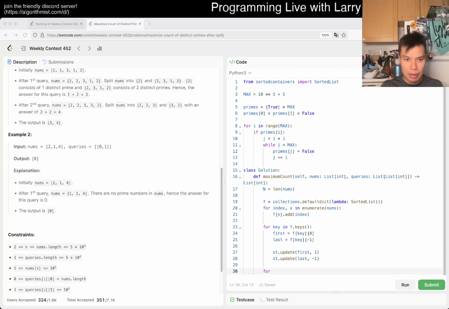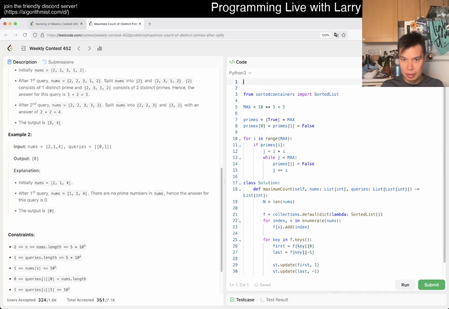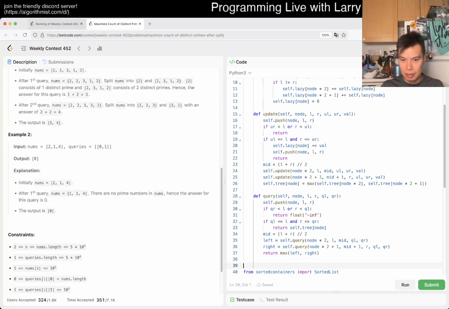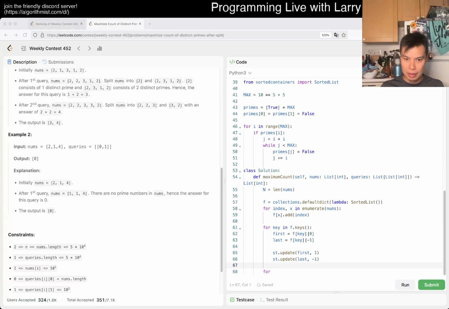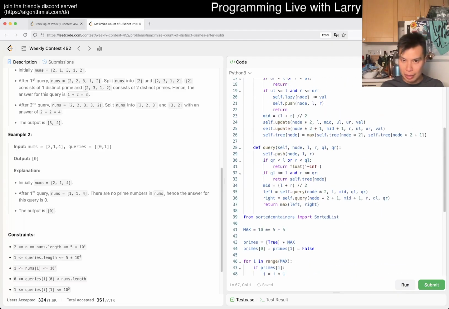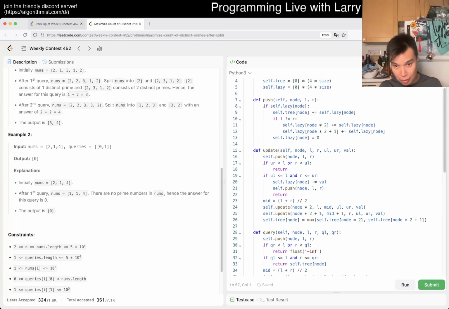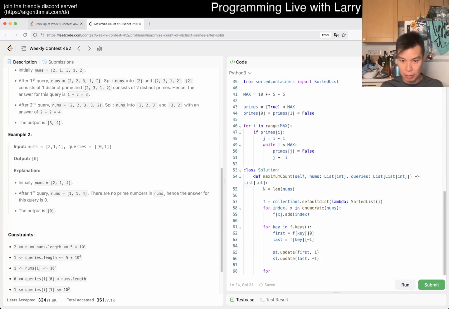I should be able to just find the actual one. Okay. Yeah, okay. I always forget what this is. This is one indexed. Yep, okay. So then now